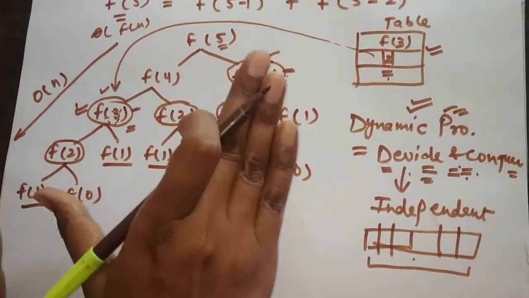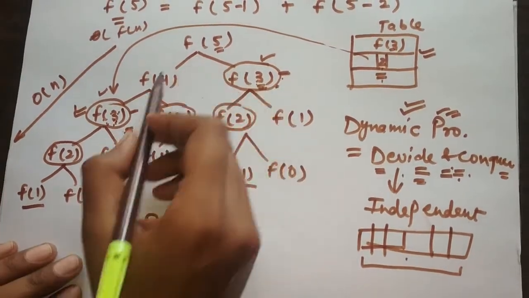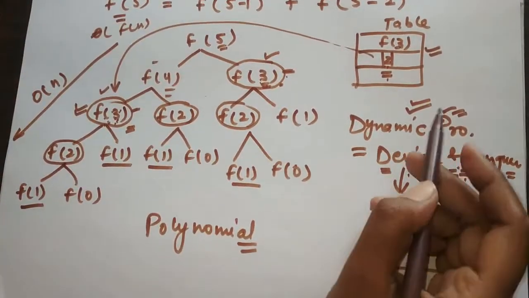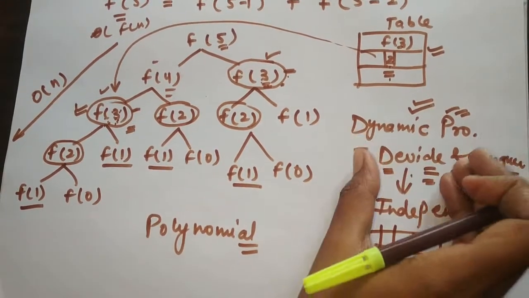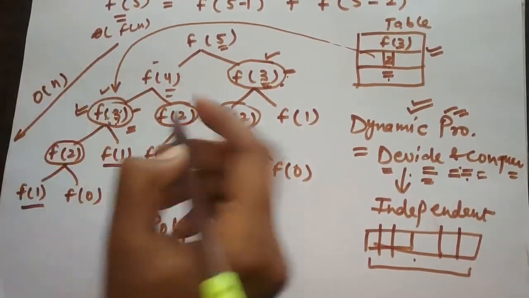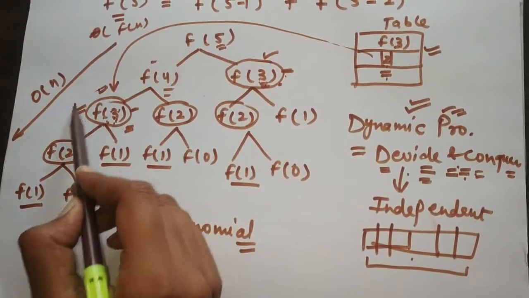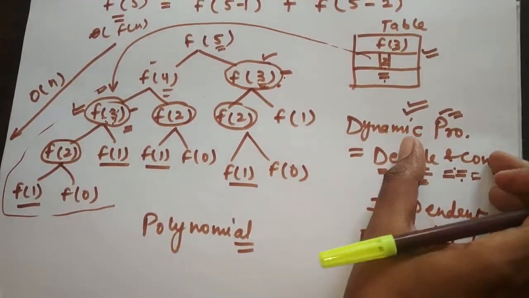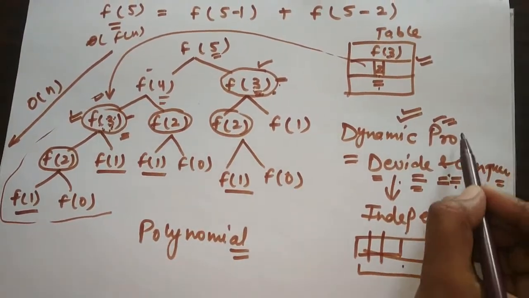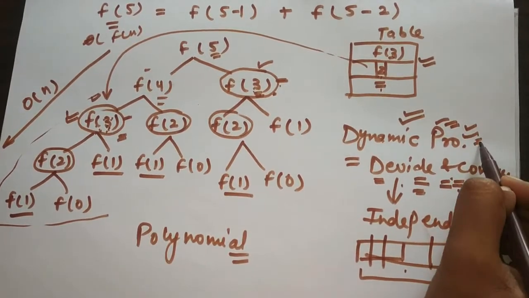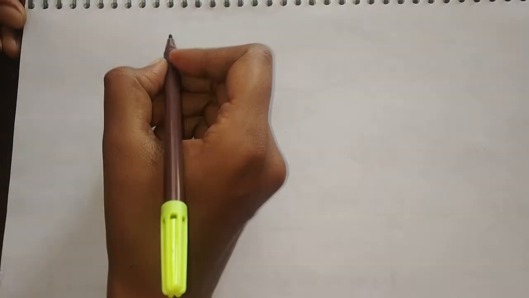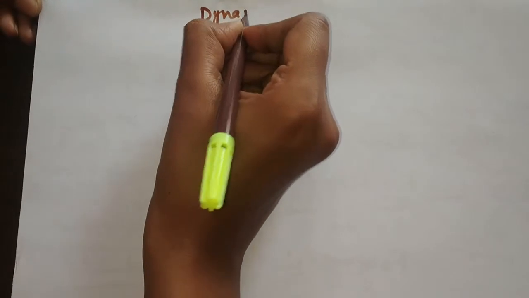Because to solve a problem like this, a binary tree, or it can be a complete full binary tree also, it will take polynomial time in the divide and conquer method. Using dynamic programming, we are just trying to optimize this problem and reduce the time taken by this recursive tree. So dynamic programming now we are going to use for algorithms. We will see various standard problems solved using dynamic programming later.